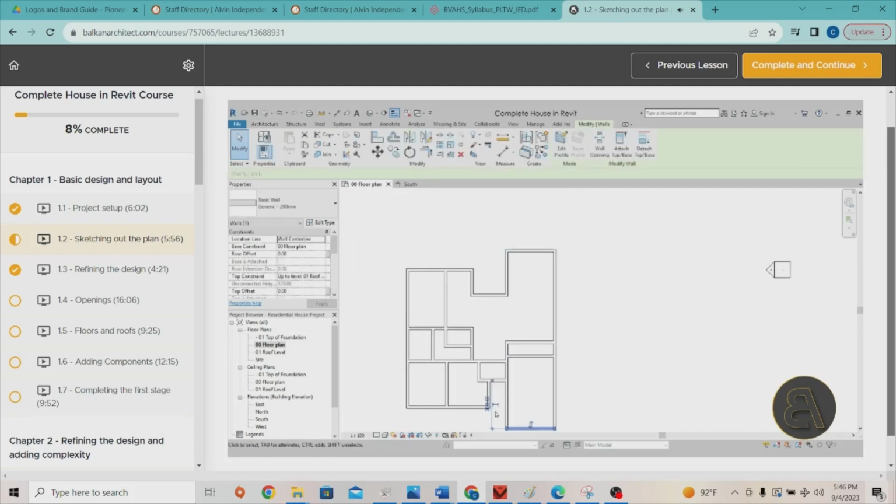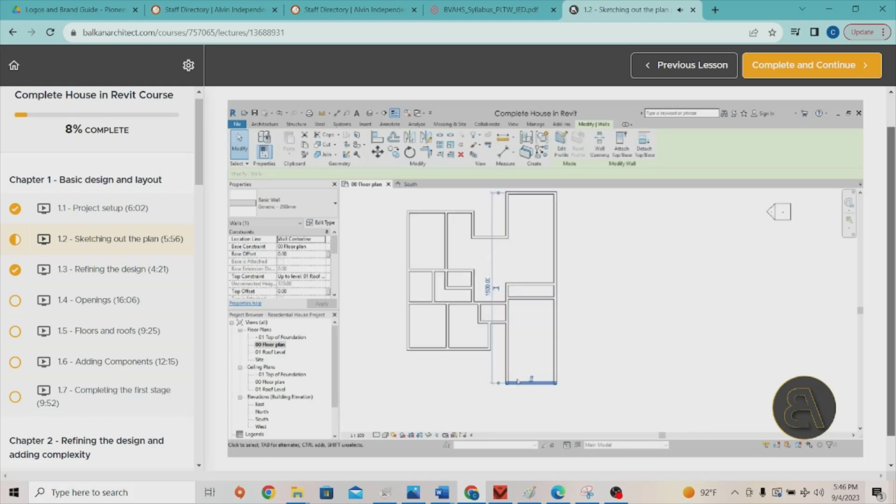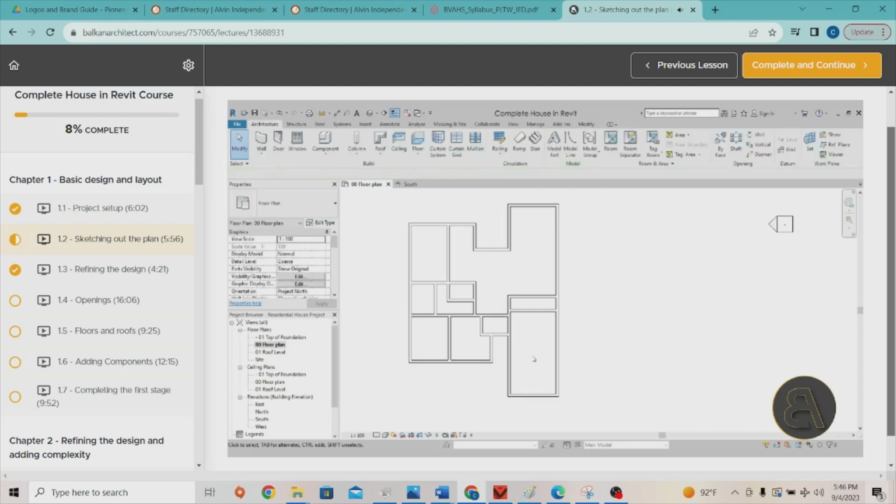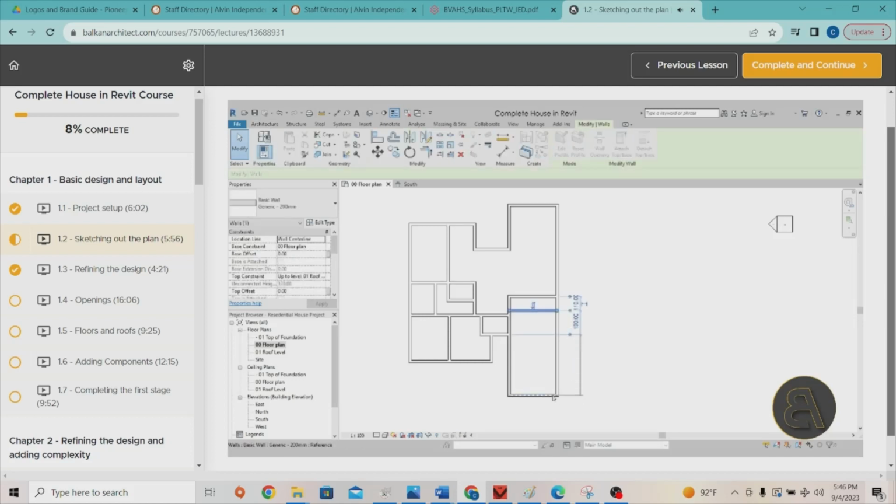Let's see. So I want to see the length from here to here, so I'm just going to change this dimension line. Yeah, it's 1400. Let's change it to 1500 for now. Okay, it extended this side, but that's okay. Next thing, let's see what else can we play around with. So the length of this whole garage, I want it to be at something like 6.6 meters. Yeah, this works. Let's go at 6.6